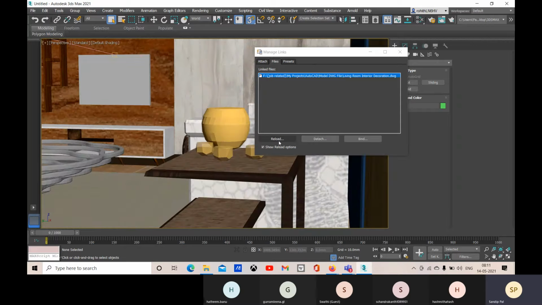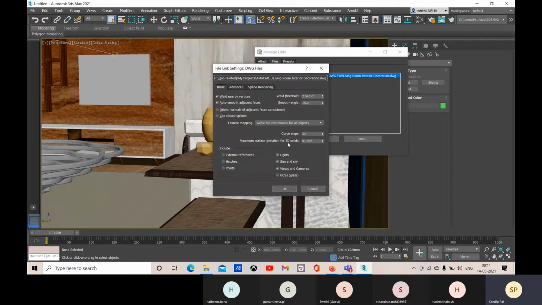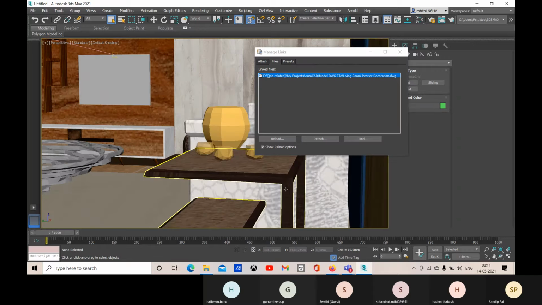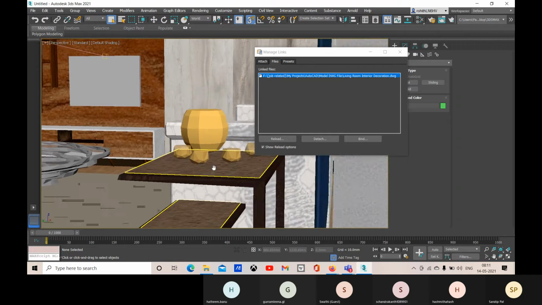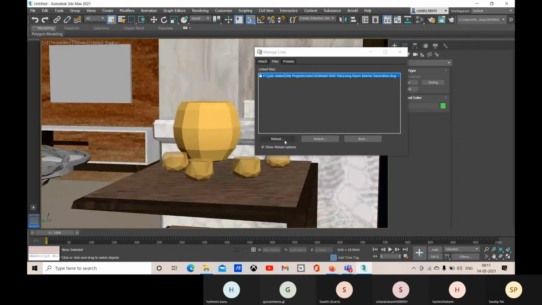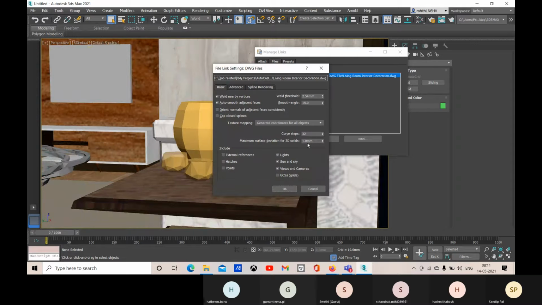Now I need to change this maximum surface deviation. Okay, so let's click on this. So I'm just showing you the result. Should be coming.